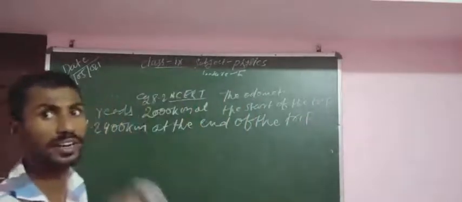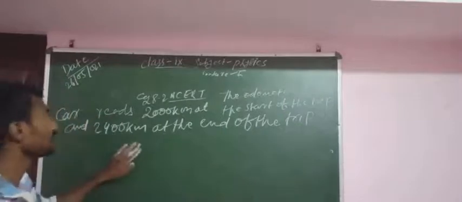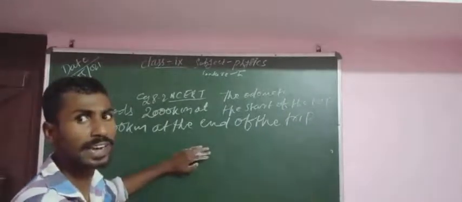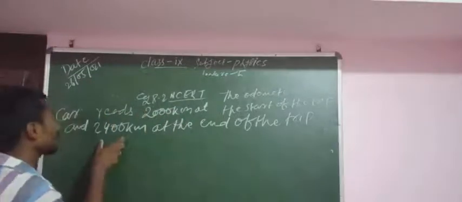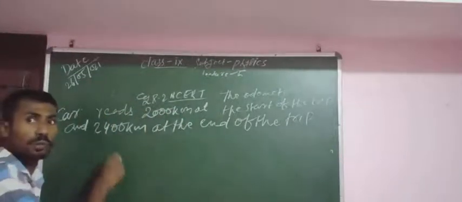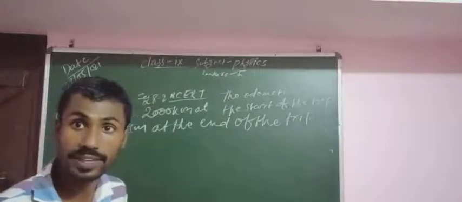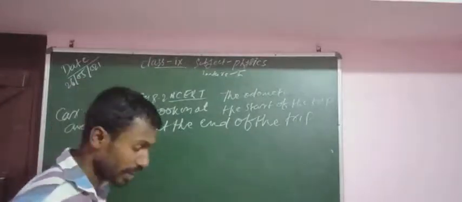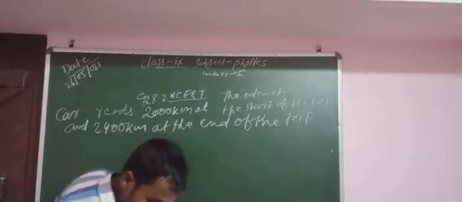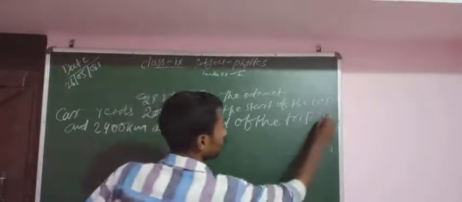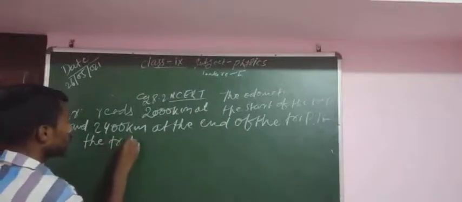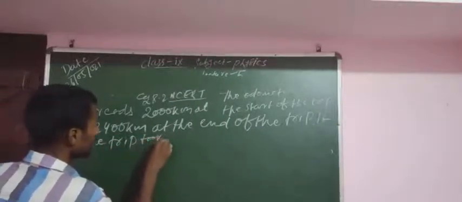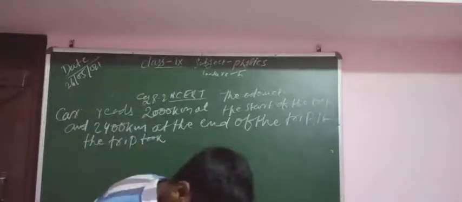That means the odometer shows 2400 kilometer at the end of the trip, when the car has stopped, the total distance. If the trip took 8 hours,